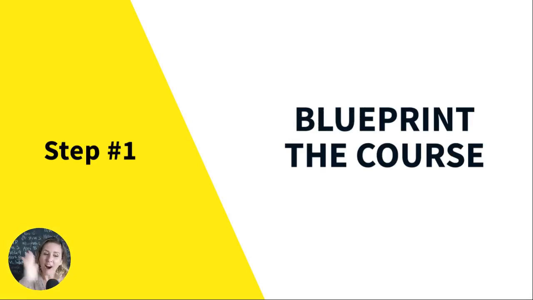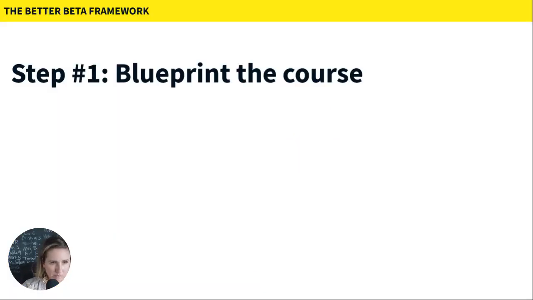So here we are. This is the framework. Ready? It starts with a B. And guess what the second one's going to be? An E and a T and an A, because we're running a beta. This is the beta framework, the framework I perfected with my clients and with myself. So this is not just like a theory and it might work. Like, this is exactly what I teach my students.